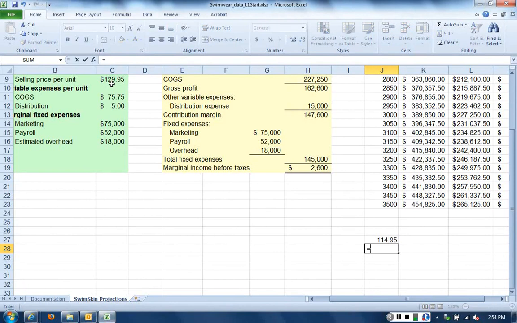All right, so I'm going to start with $114.95, and I'm going to add $5. So I've put $114.95 in cell J27, and then I'm going to say J27 plus 5,